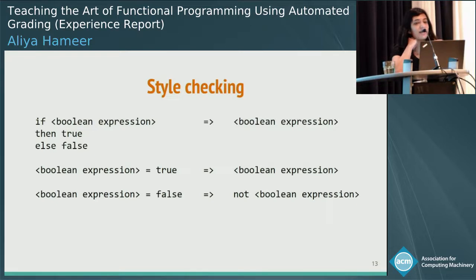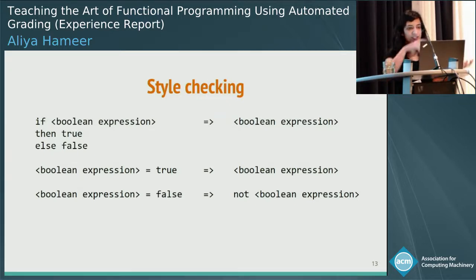They'll write an if expression where the branches just evaluate to true or false, or they'll compare Boolean expressions to true or false instead of using just the expression or its negation. We've observed that students tend to do this kind of thing because they don't fully understand the constructs in question. In this case, they aren't 100% sure about Boolean expressions and how they can, in fact, insert them anywhere in their code where a normal expression would go, possibly because they're used to just using Booleans as a tool for